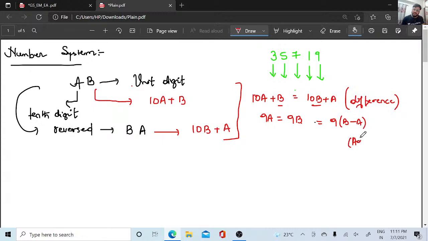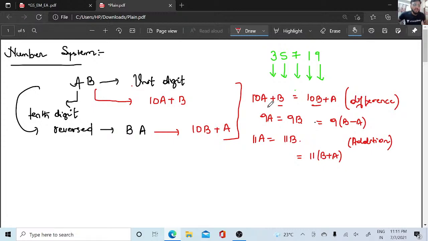When they're asking the addition, when added, you will be adding both of them. So this will be 11A is equal to 11B, and as you're adding both of them, this will be 11 into (A plus B). You're adding both the tens. So this is how the concepts of this will be there.